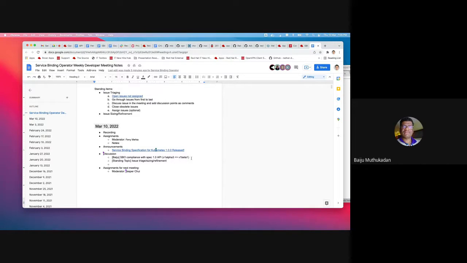So I think it should be pretty straightforward for us to support this v1beta1 API change in our SBO implementation. And whether we should keep v1alpha3, that's something that we need to have a discussion.